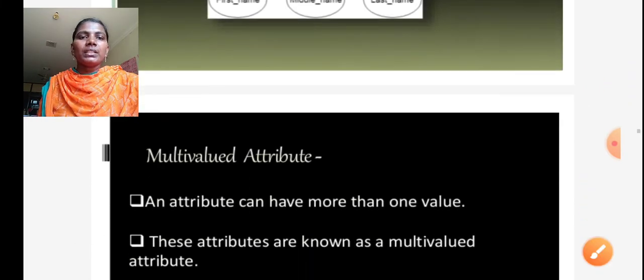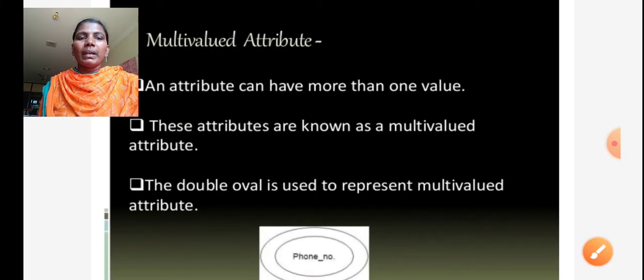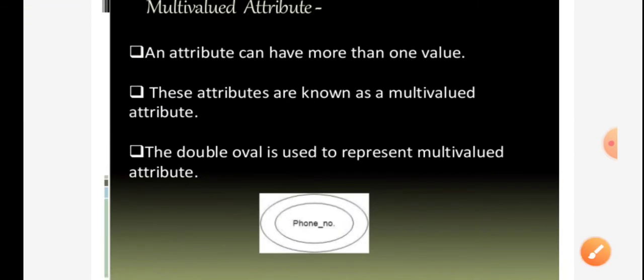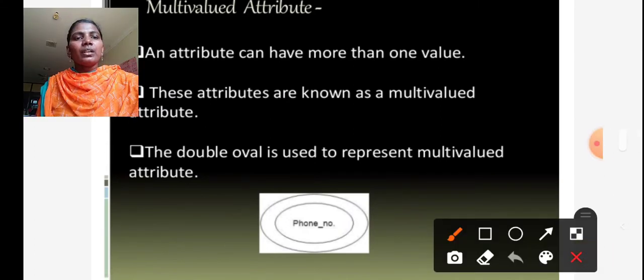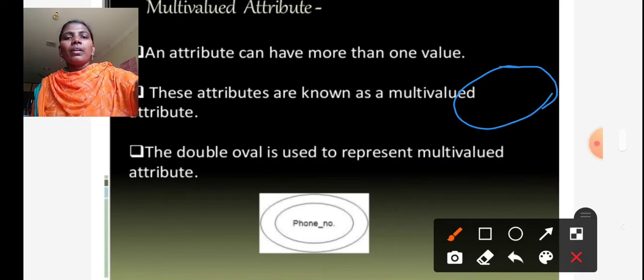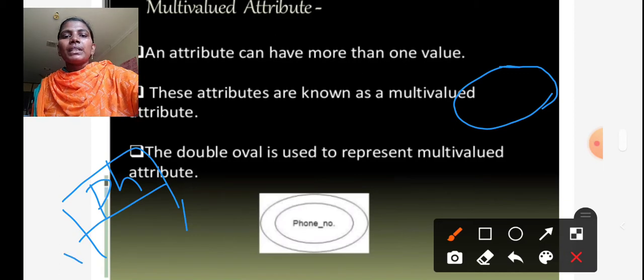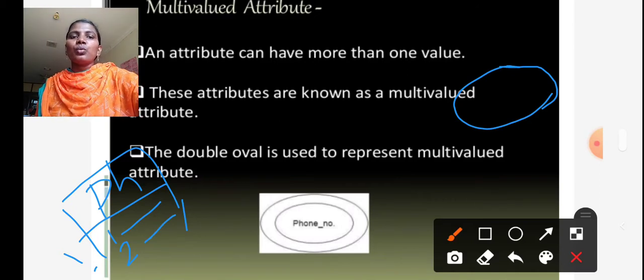The next one is multi-valued attribute. Multi-valued attribute is nothing but an attribute which can show multiple values in a particular attribute. For example, the phone number of a particular candidate. If one person has one mobile number and also has another mobile number, two mobile numbers are available for a particular candidate.